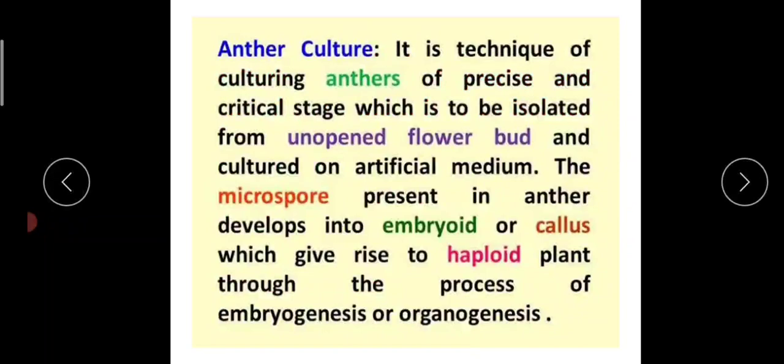So the development of haploids through anther culture is called as androgenesis. Okay, so the regeneration of plants from this anther culture is called androgenesis, and the haploid plants which are produced by anther culture are called androgenic haploids. Okay,